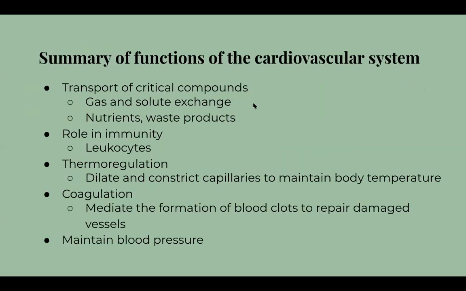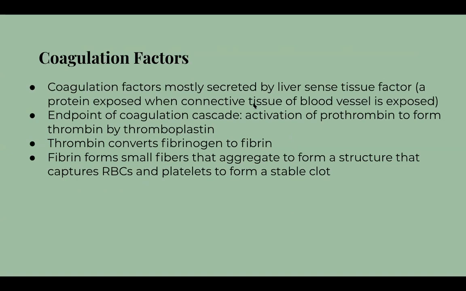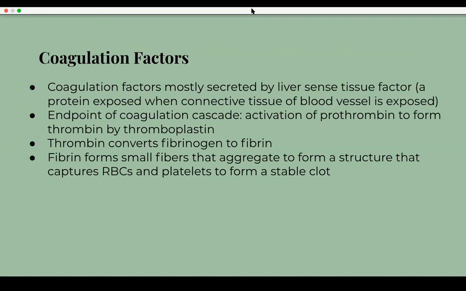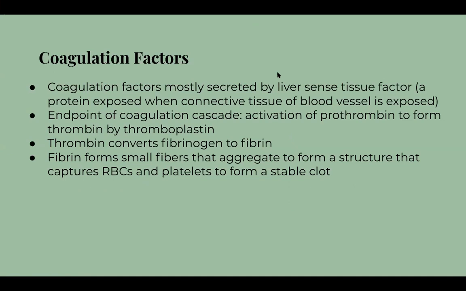And I know you probably had that whole big coagulation cascade in your classes, but really for the sake of the MCAT, you don't need to know all of those steps, as long as you know that the endpoint is the activation of